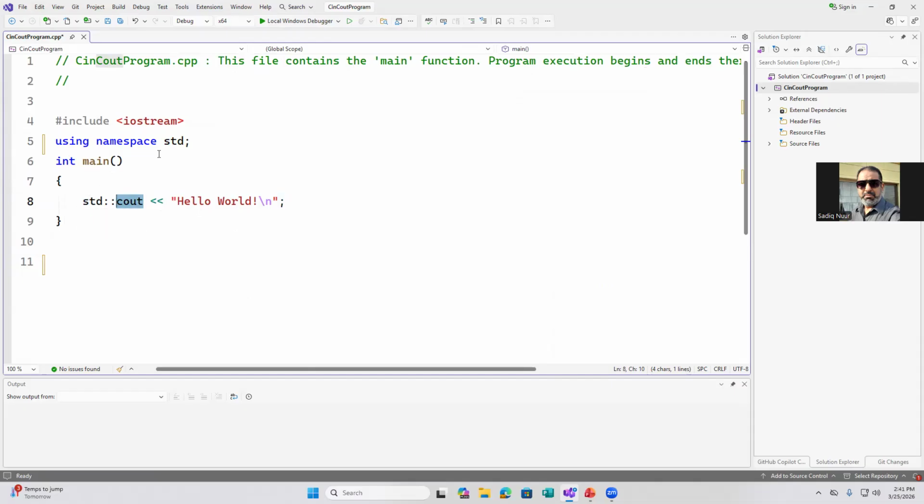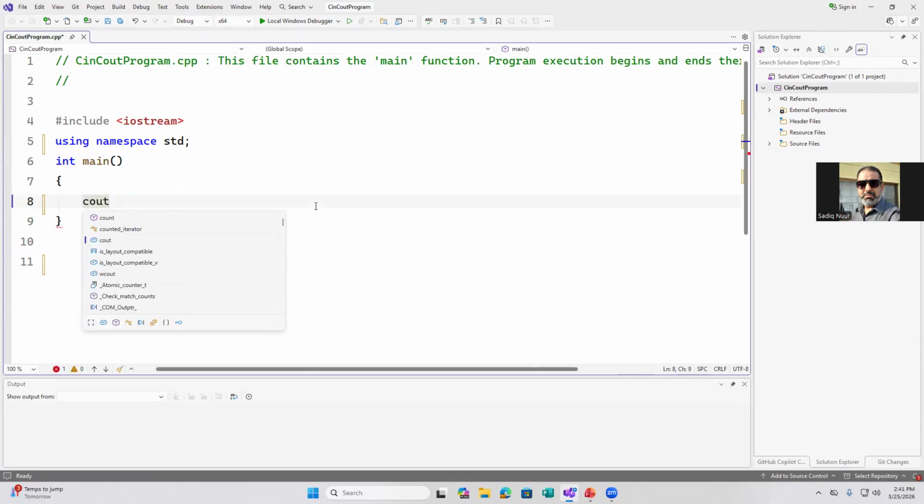To avoid this, we typed it here: using namespace std, the standard. After that, the main body of your code is this, the heart of your code. Within the opening and closing curly braces, you type anything you want to display. So what I will do is delete this, and then I'm going to say